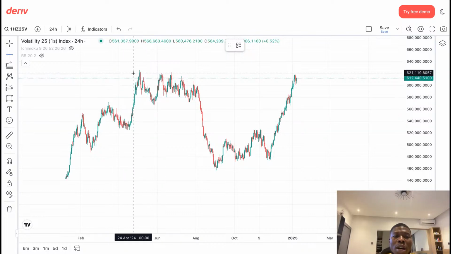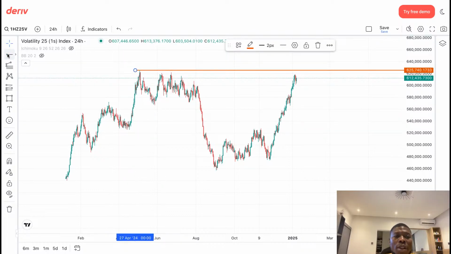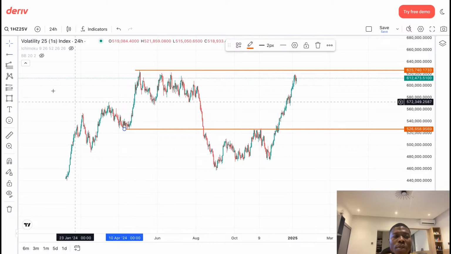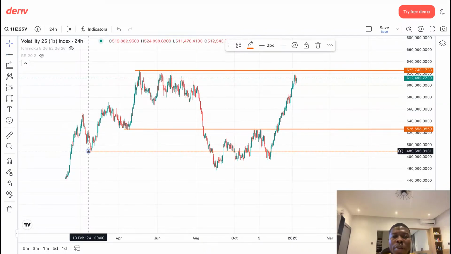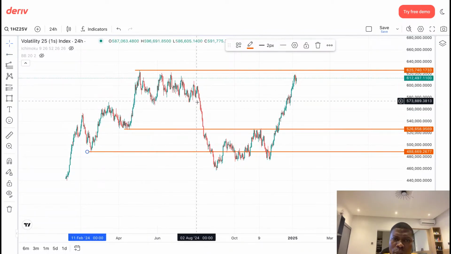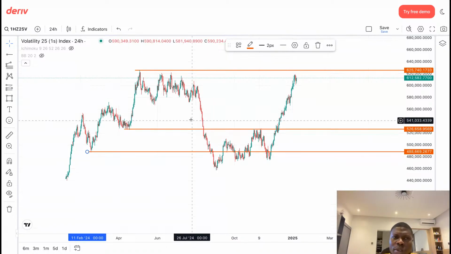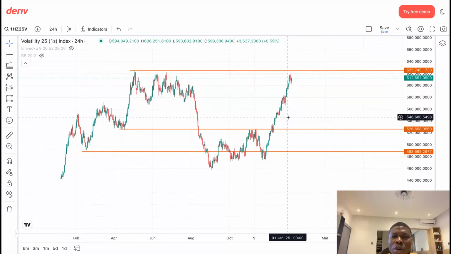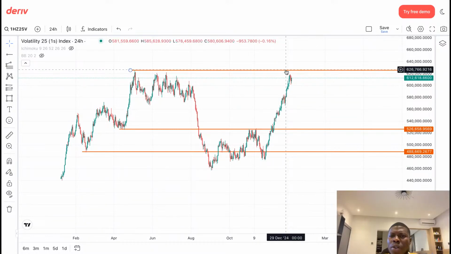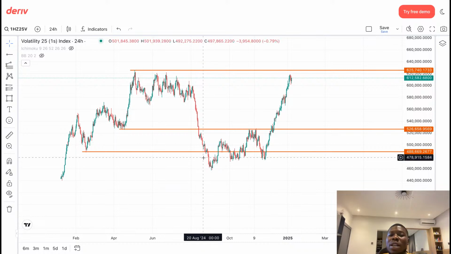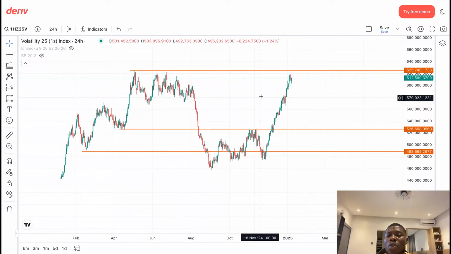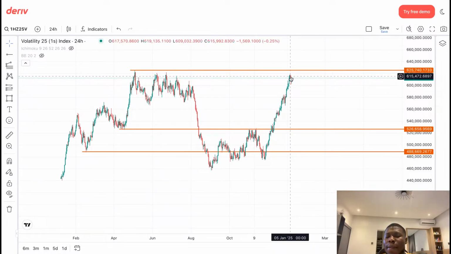We had a low here, we had a high here, and our low here, and we had our low here. So we moved below this region and below this region. But see again, the market is going back to this region. And you ask yourself, I thought we've entered a downtrend. Why would the market go back to this area?